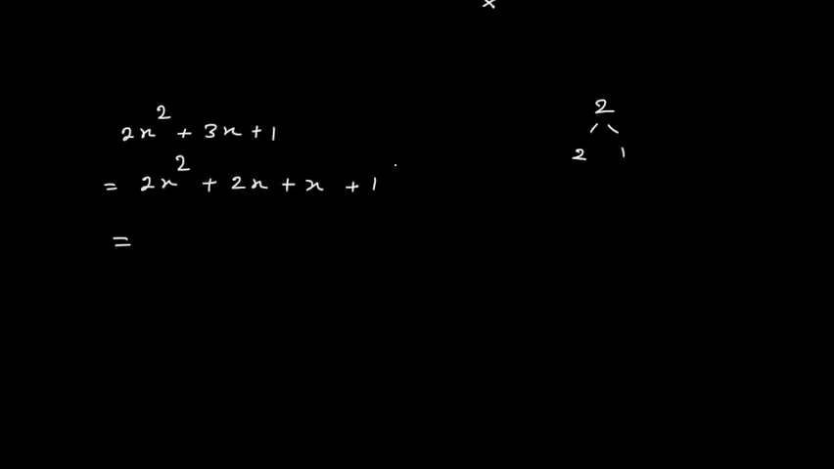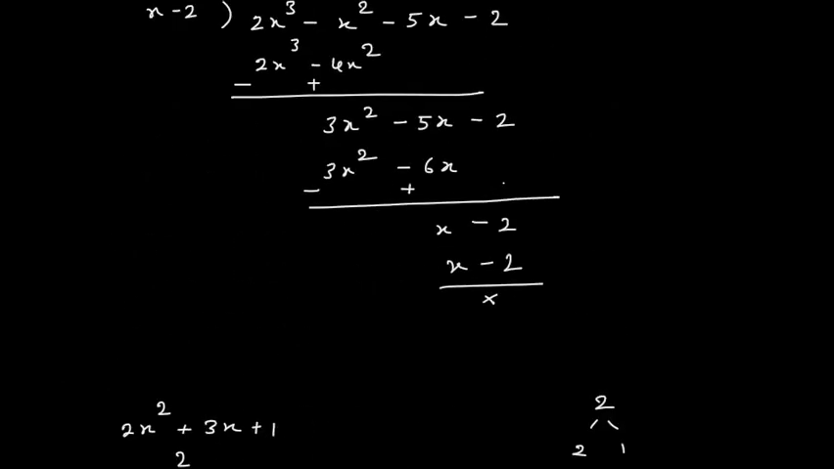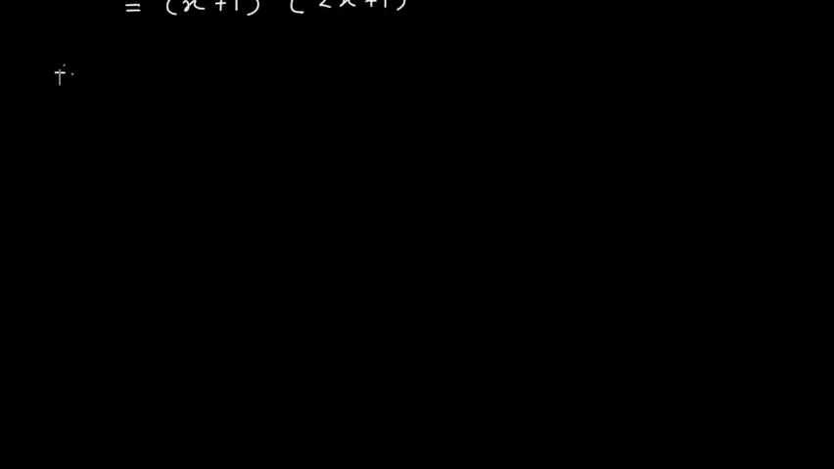Now 2x I will take common from these two terms. So if I take 2x common, here I will get x plus 1, plus here it is x plus 1 only. So I have x plus 1 in one bracket and 2x plus 1 in the other bracket. This polynomial 2x cube minus x square minus 5x minus 2